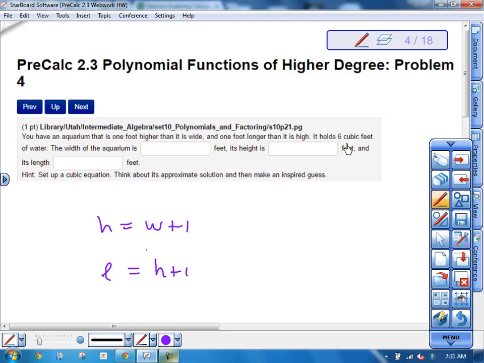All right, it also says it holds 6 cubic feet of water, so the volume we know is length times width times height, which we know equals 6 here. So I need to get it. I have 3 equations, 3 variables. This should be a pretty simple